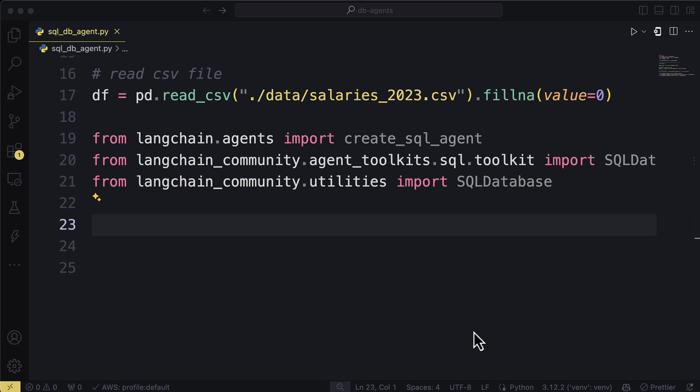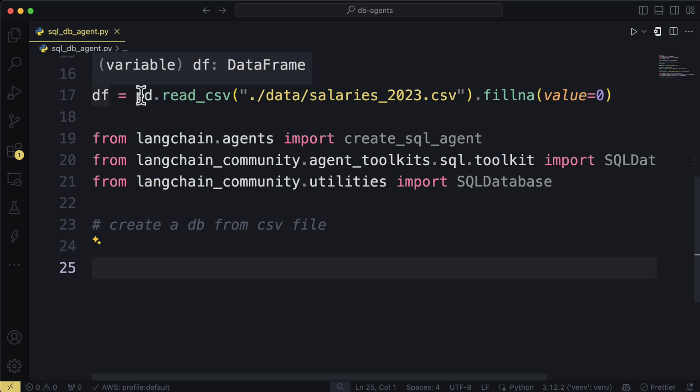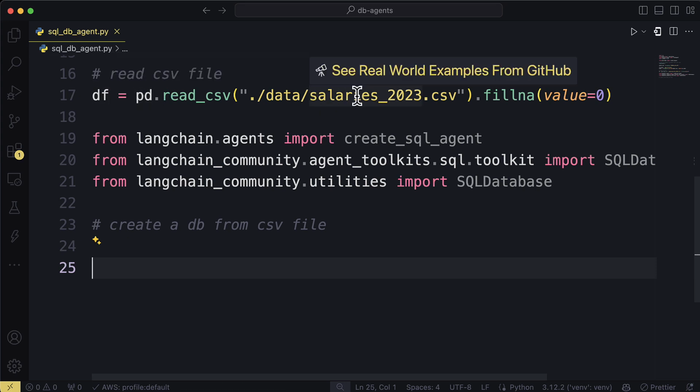Now, what we want to do next is, of course, create a DB from the CSV file. So we have extracted the data from our salaries 2023, exactly what we've been doing so far. And now, just for simplicity in this course, we're going to extract all that information and create a SQL database. It's going to be SQLite, which is a lighter version of the full-blown SQL,